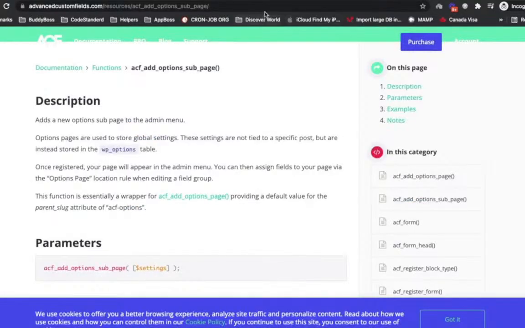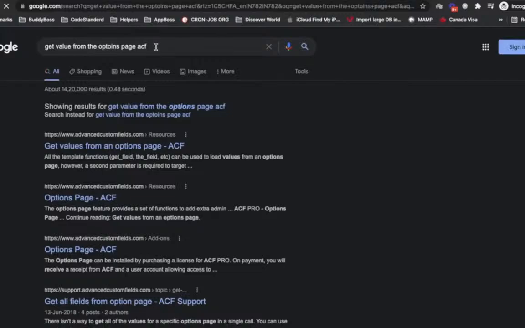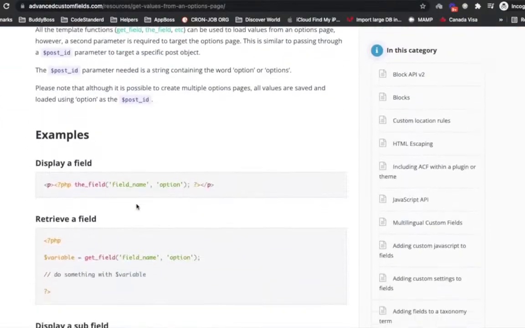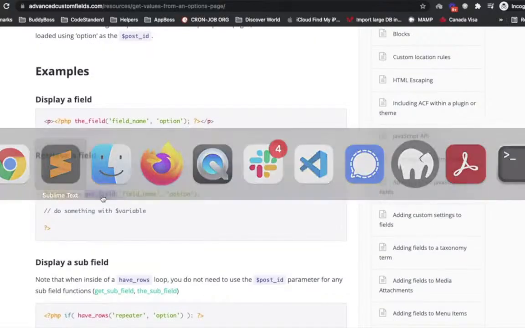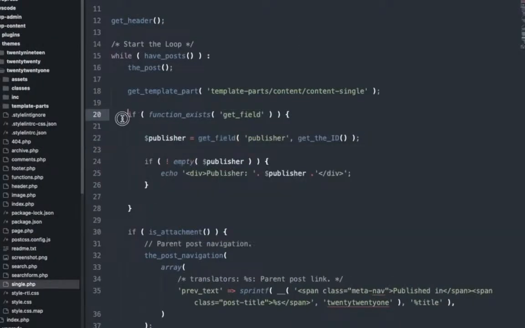So let's search how to get a value from the options page. Get value from the options page, ACF. So it is the same function, get_field with the field name, and the second parameter will be option. As simple as it looks. So let's copy this again, if function exists,